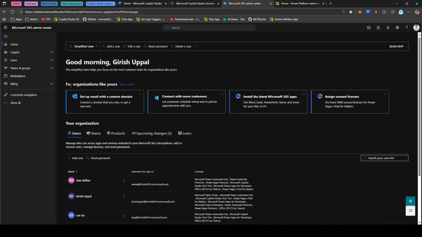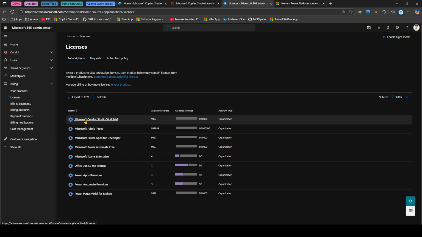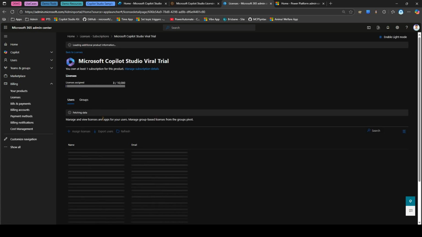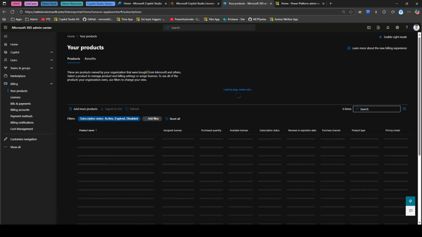Now in M365 Admin Center, if you want to check what license you have, you can go to billing and go to licenses, and then in my tenant, I have some set of Copilot Studio licenses. As you see, I have got Microsoft Copilot Studio Viral Trial. I have got other licenses for Power Platform, Power Apps, Power Automate over here. If I go into Copilot Studio Viral Trial, I can see I've got different users assigned to it. And then if I want to see subscription detail, I can go to manage subscription details and get all that